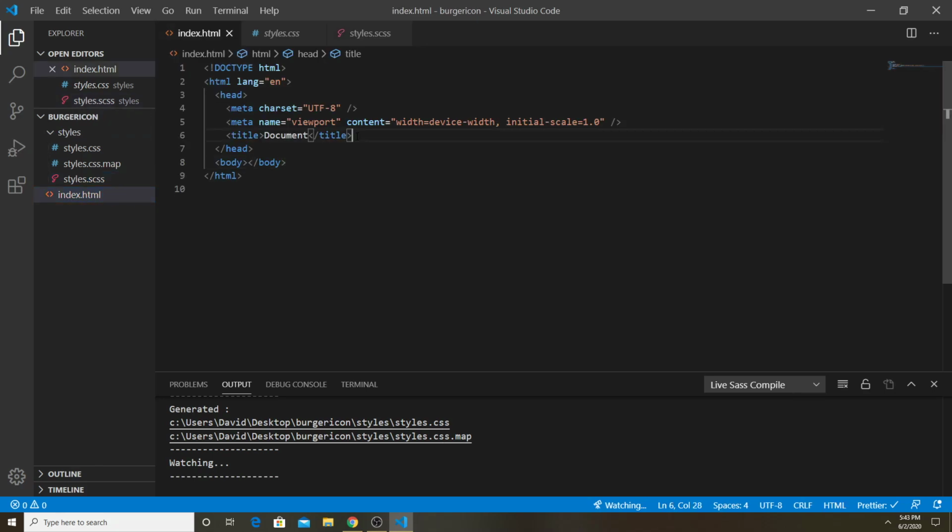Okay, so here, let's link to the CSS file with link type equals text slash CSS, rel equals stylesheet, and href equals styles slash styles.css. Okay, next